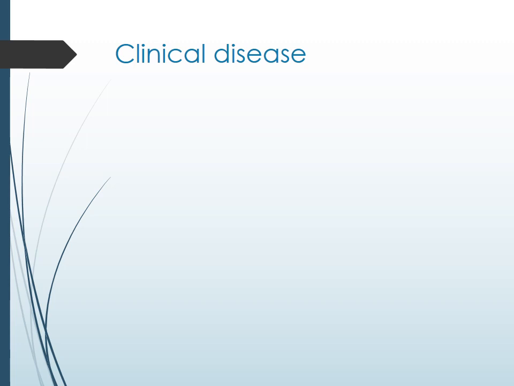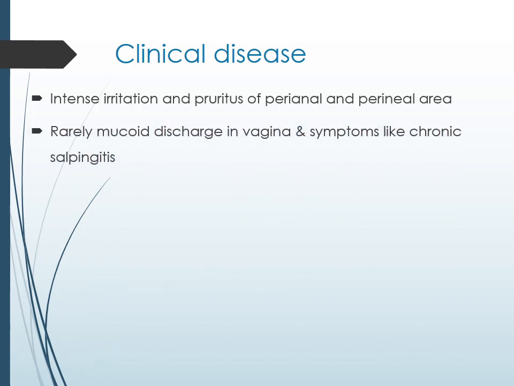If we see the clinical disease produced by this, usually the disease are not very serious like Ascaris lumbricoides, but most of the time it causes intense irritation, and it is known as pruritus ani. So when patient is sleeping, due to movement of the gravid female worm, there would be intense itching, and that causes the problem. Sometime in female patient there may be rarely mucoid discharge in vagina, and symptoms like chronic salpingitis may occur. This we have to remember two things, that is